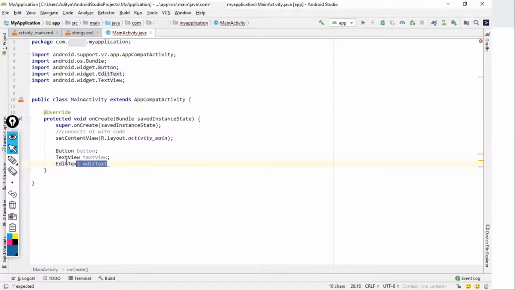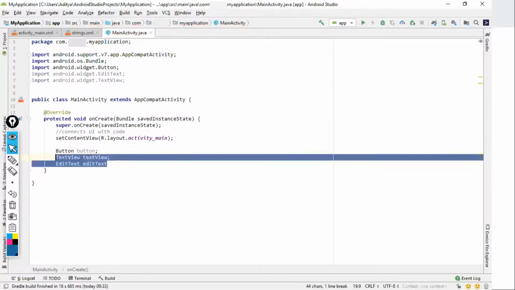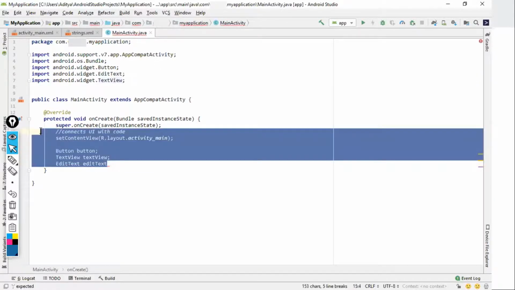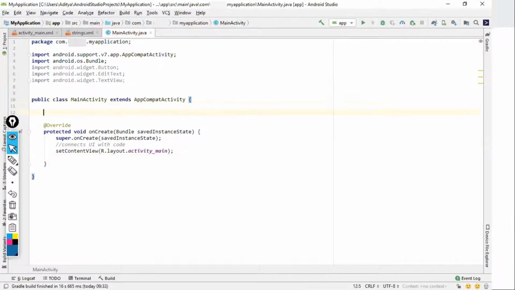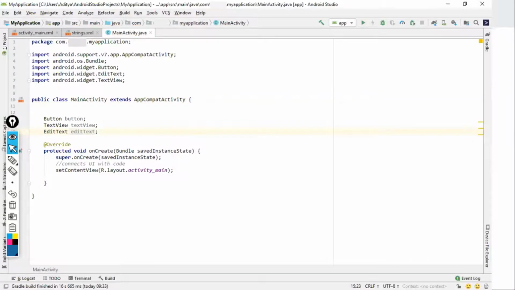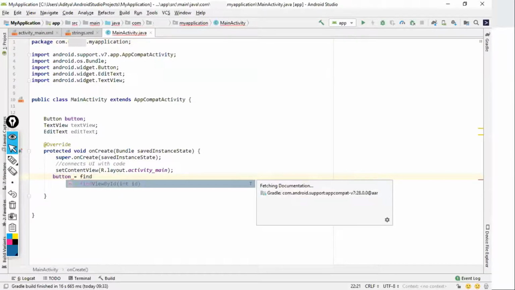Next thing is, it's better to declare all these variables, all these objects, over here in your class. Now they are global objects. Now I'll define this button. Button is equals to findViewById. There's a function which is called findViewById. So what I'm telling Java in Java code is, please go to the Android XML file and find my button, which is named by this ID.